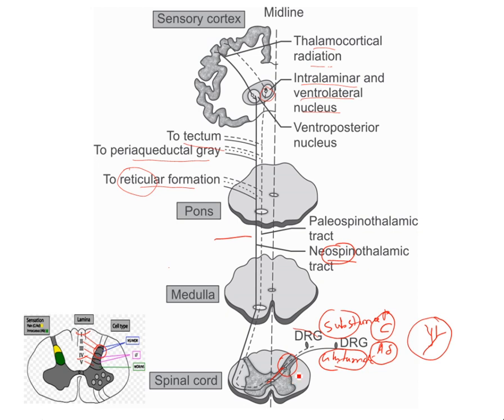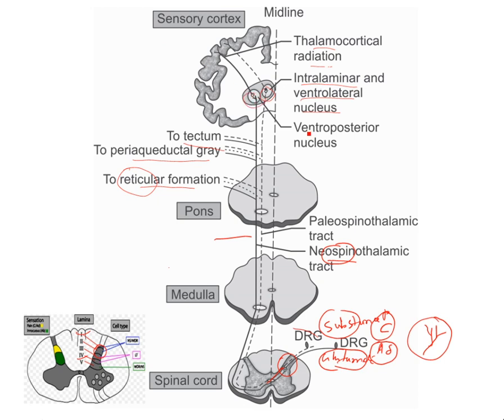So after here, the second order neurons are going to cross anterior to the spinal canal, and then they go to the opposite side of the spinal cord, then they ascend into the medulla, pons. Even neo-spinothalamic tract gives some collaterals to the reticular formation, periaqueductal gray matter, and to the tectum, but they are less in number. From there, the second order neurons are going to synapse in the thalamus, that is the